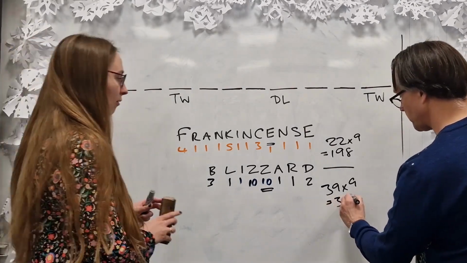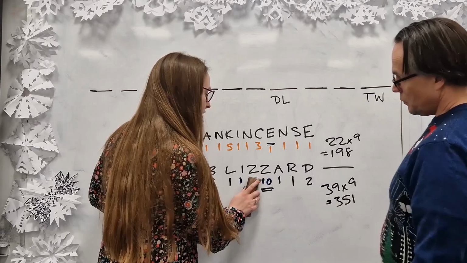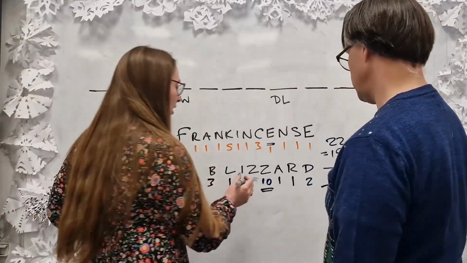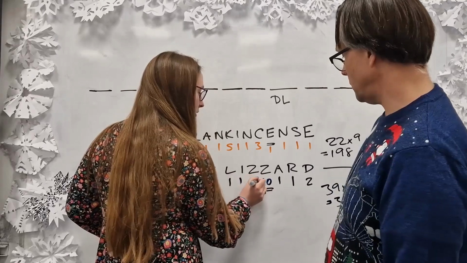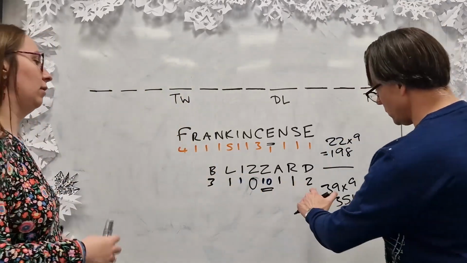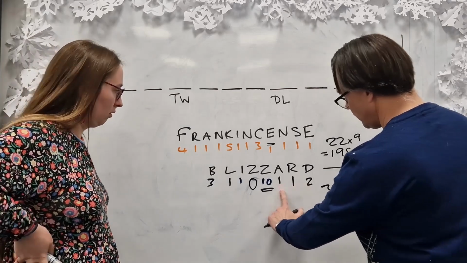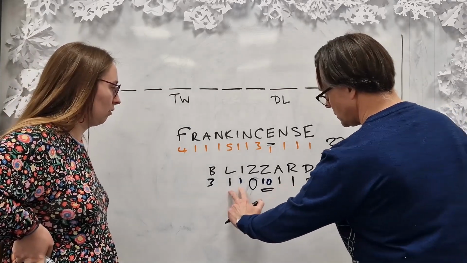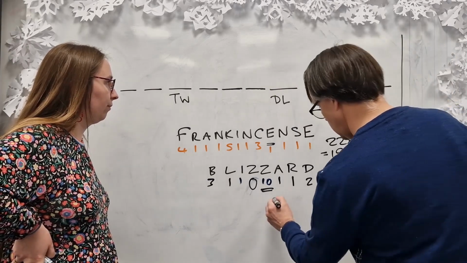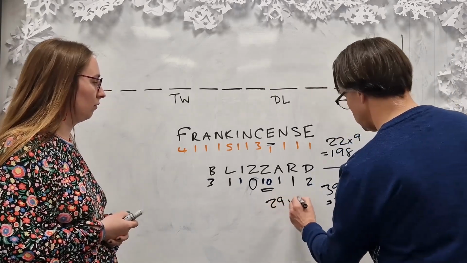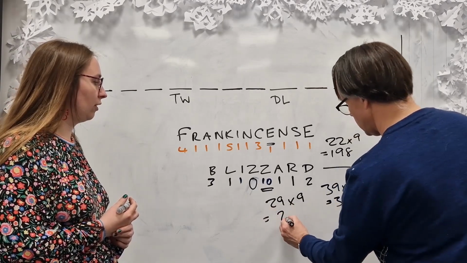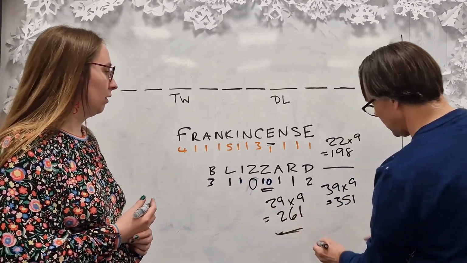It's raised in the comments, which is that there's only one Z in a Scrabble set. So we're going to have to use a blank there, which is worth nothing. But I still think it's going to be good. So what have we got? We've got 2, 3, 4, 24, 26, 29. So rather than 39, it's 29 times 9. So that's 180 plus 81. 261. So it's lost us, unfortunately,